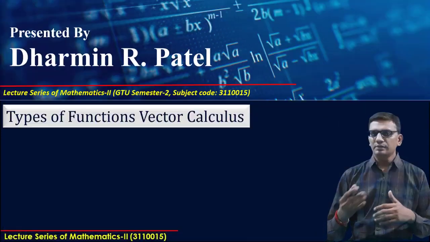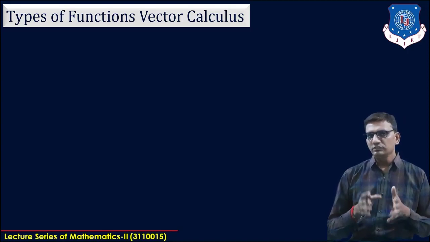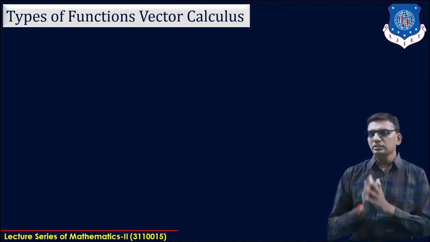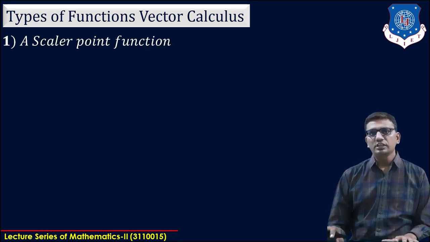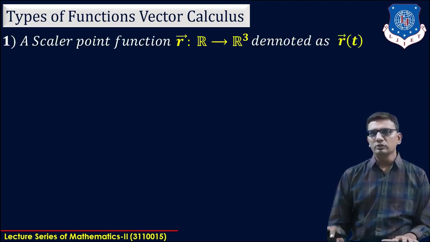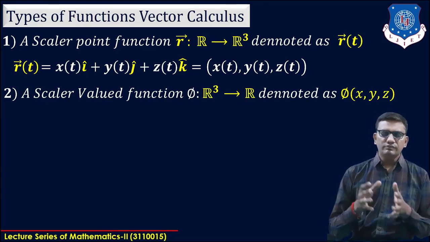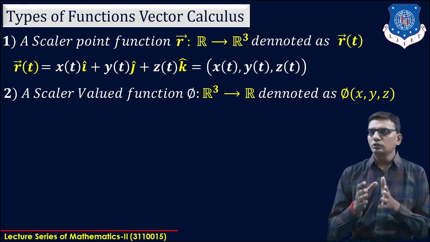Here, we have three types of functions in vector calculus. First one is scalar point function, in which the domain of the function is R and the codomain is vector space R cube. That means our scalar point function R from R to R cube denoted as R bar t, and it is defined as R bar t equal to x(t) i caret plus y(t) j caret plus z(t) k caret. A second type of function in vector calculus is scalar valued function, and it is from R cube to R,